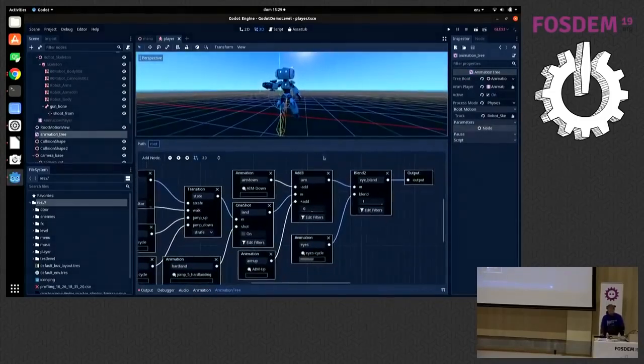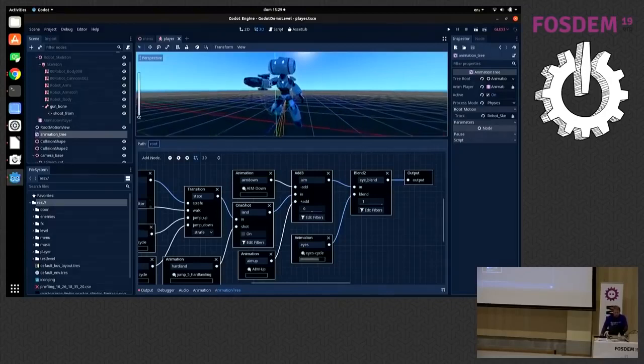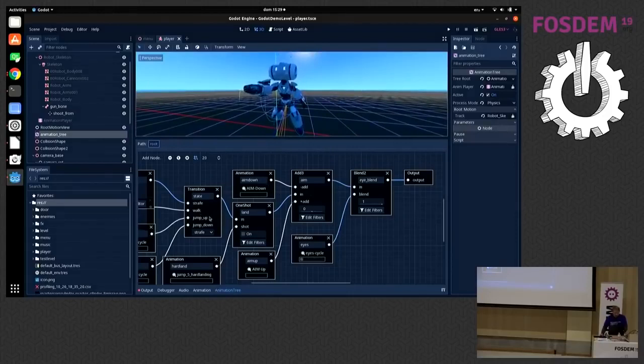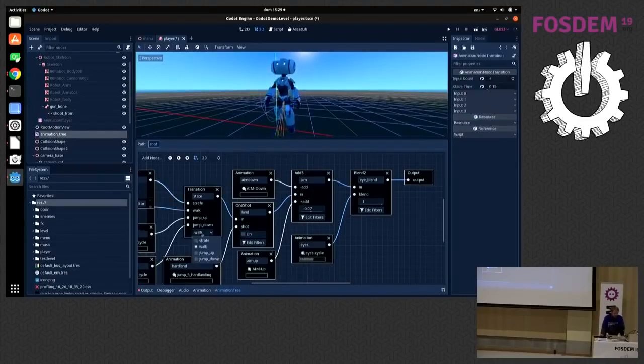For example, you can see that there is a blend filter, and the eyes are an animation running in parallel that makes it blink no matter what is going on. This is called the animation tree. This is a blend node for aiming up and down. Another blend node, this one-shot node, you can turn it on and it's going to just jump. It doesn't look really interesting now. Oh, no, actually, that's for landing, not jumping. This is a small state machine. You can change the animations.